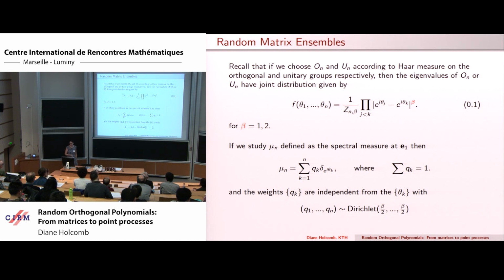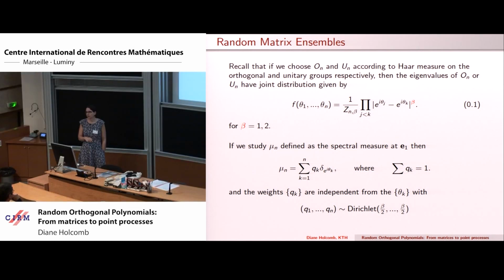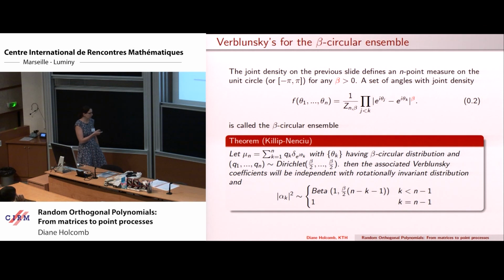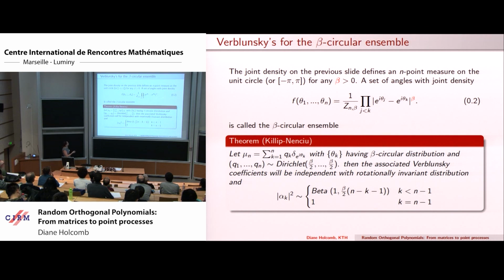And then, because I study beta ensembles, I'll tell you that this whole picture holds for general beta. So if you take this Dirichlet weight for your weights and this joint density for your eigenvalues, then you have a very nice bijection that lines up with the beta equals 1 and beta equals 2 case, where you can define your Verblunsky coefficients in this way. So we take the circular beta ensemble, we put in these Dirichlet weights,